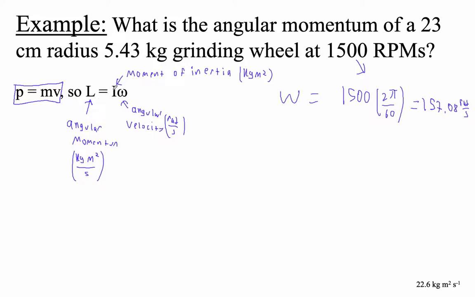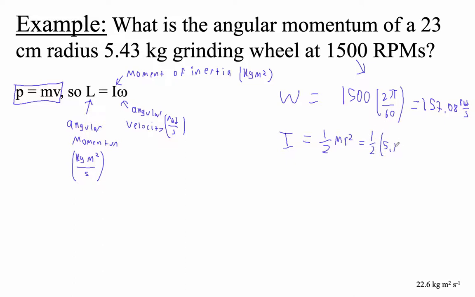Because really, this is pretty simple. We're going to multiply moment of inertia by omega, okay? So literally, it's mass times velocity. Momentum is mass times velocity, okay? And then our moment of inertia is, I'm assuming this grinding wheel is a cylinder, so it's 1/2. Just assume a cow is a cylinder, right? Okay, so it's 1/2,